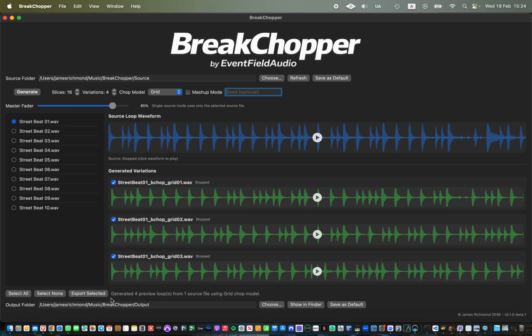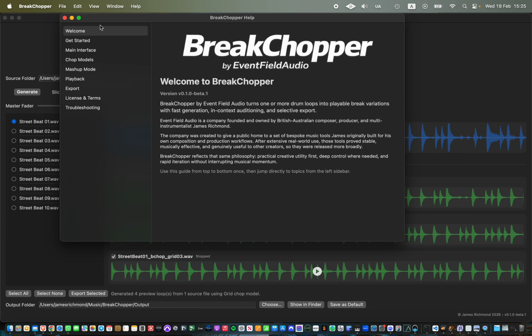Otherwise, essentially you can output to whatever folder you want. You can save that folder as a default. It will default to music, BreakChopper, source, and then output. But you can put it wherever you like. And we have some help up here too. So this is version